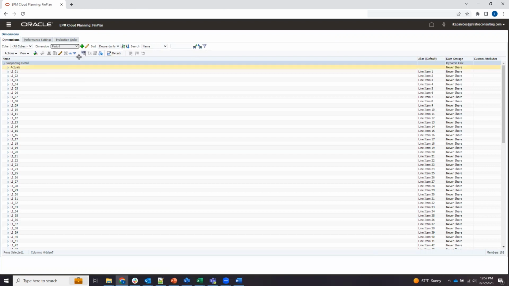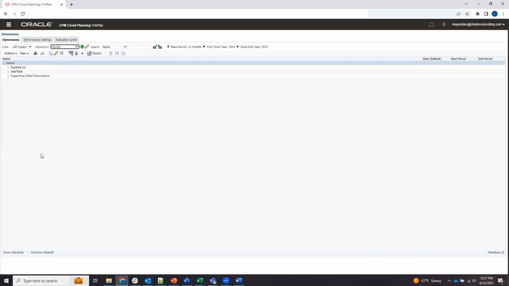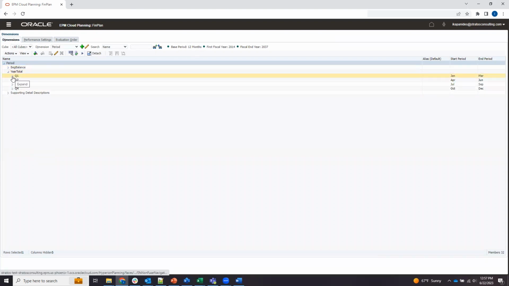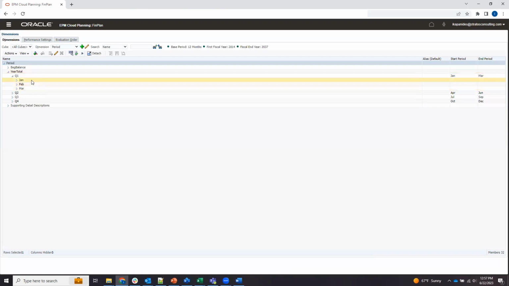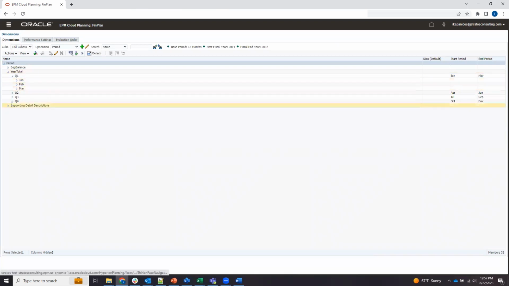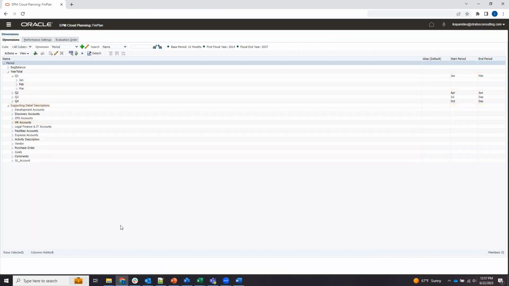The next thing I want to call out is the period dimension. You might typically be used to the period dimension only being used for the breakdown of time, like your months. So for example, you have your standard dimensionality here, your months of the year, but we've also added this node here called supporting detail descriptions. This is going to be the home for the smart lists that are used on the form. Think of smart lists as just a dropdown, but you'll see how that's used when I open up the input form. We also have these